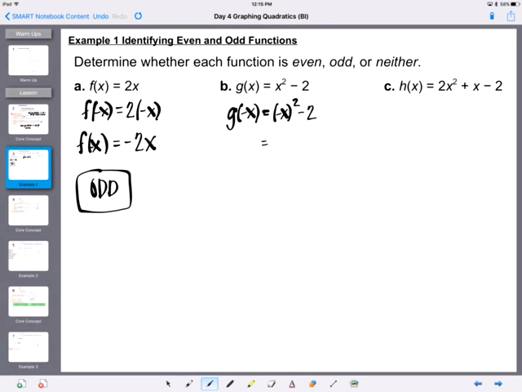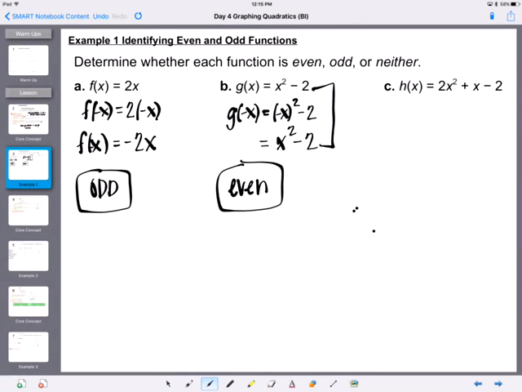Negative x squared is just x squared minus 2. So negative x times negative x is x squared. We are left with our original function. Because our function is the same as our original, when we evaluate it for negative x, we say this is